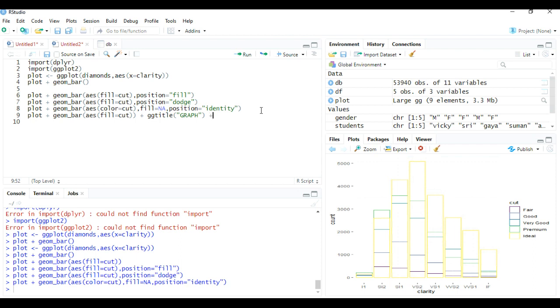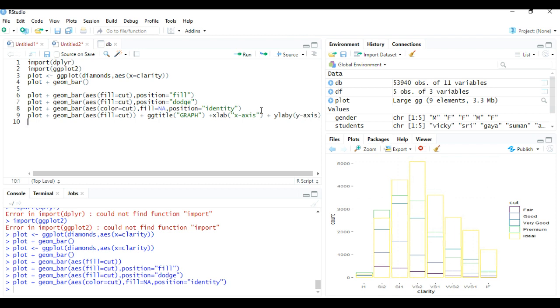I am going to give an x-axis and y-axis to my graph. xlab equals to xlab, inside that x-axis, plus in ylab I will give y-axis.